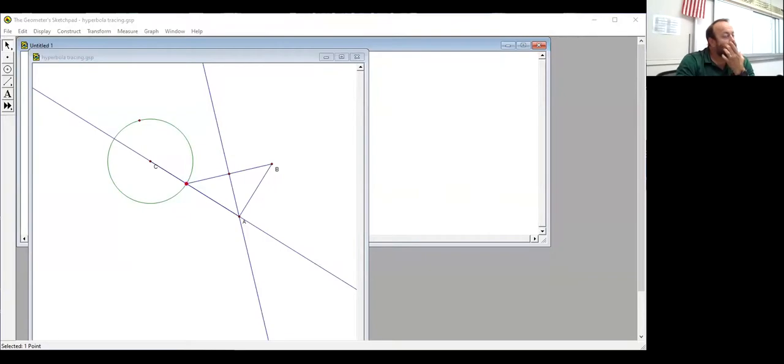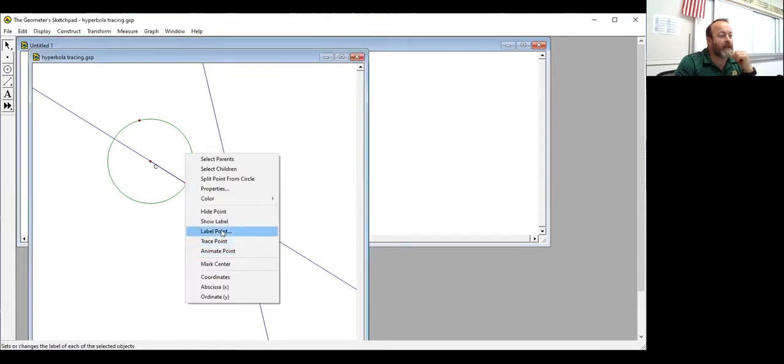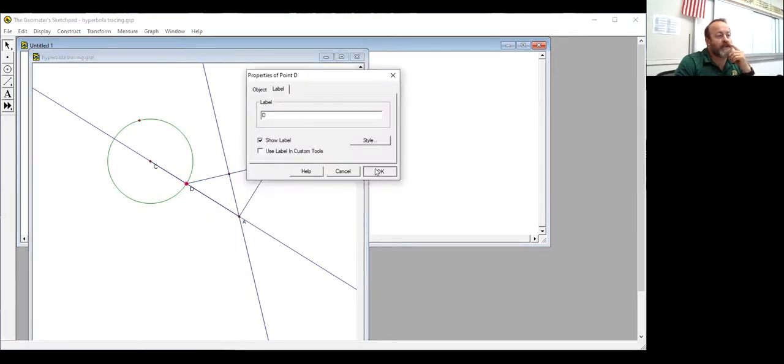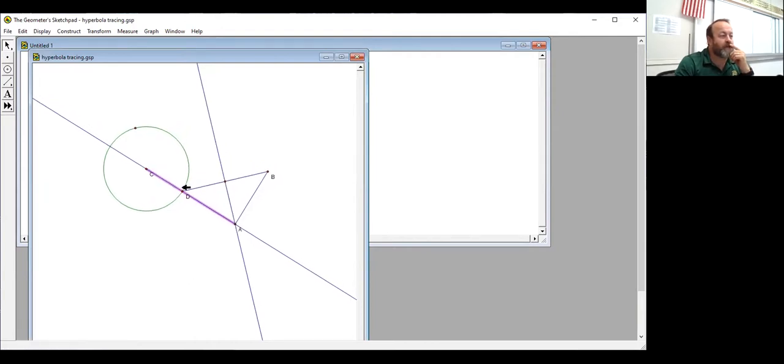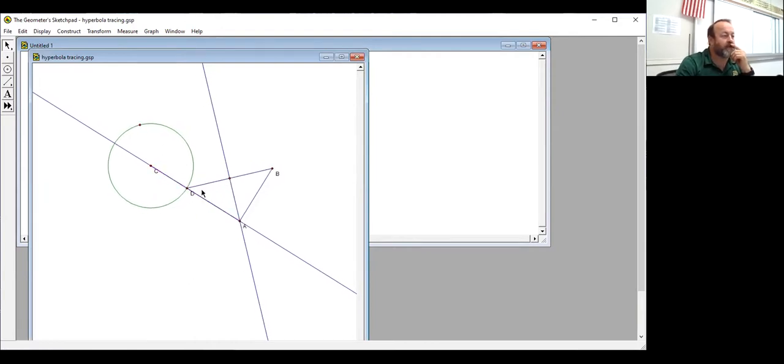So the first thing that I wanted to do is show you a picture of Geometer Sketchpad. I've created this little diagram, and it's kind of the same one that I've done in each of the previous videos. This distance from A to B is exactly the same. Let's go ahead and label this point as the distance from A to D. So no matter how I move this thing around,